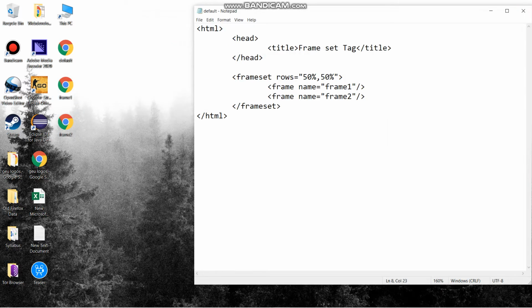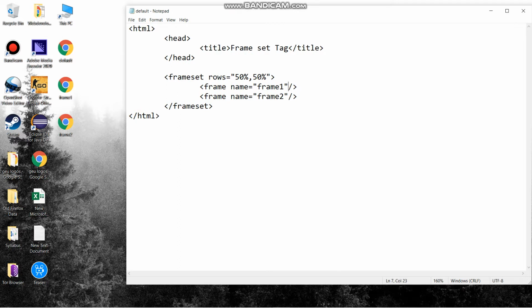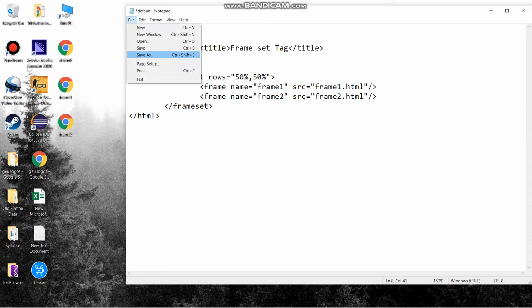Within the frame tag, we will give source, that is src equals to frame1.html, and in frame 2 we will give src equals to frame2.html. This is done. Now we will save, go to the browser, refresh. You can see we have our frame 1 here and frame 2 here.